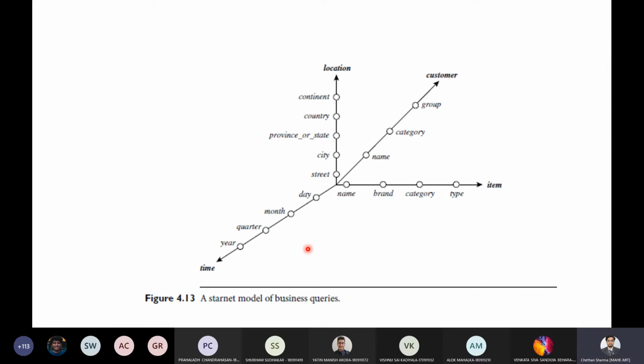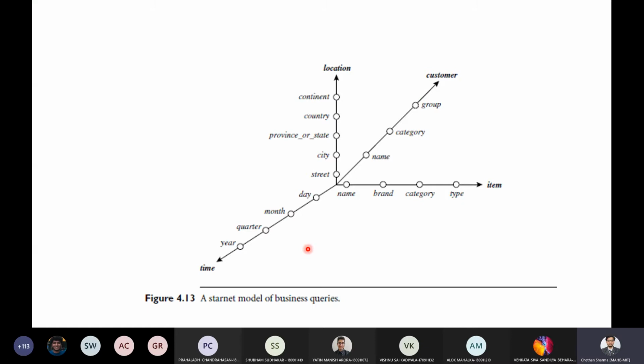Okay. So this shows a StarNet query model for a data warehouse for a particular organization. It contains 4 radial lines, as you can see, which represent concept hierarchies for the 4 dimensions: location, customer, item, and time.